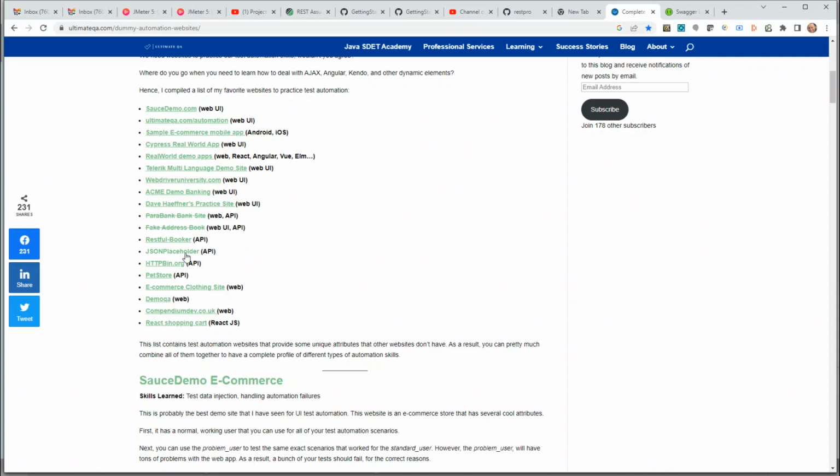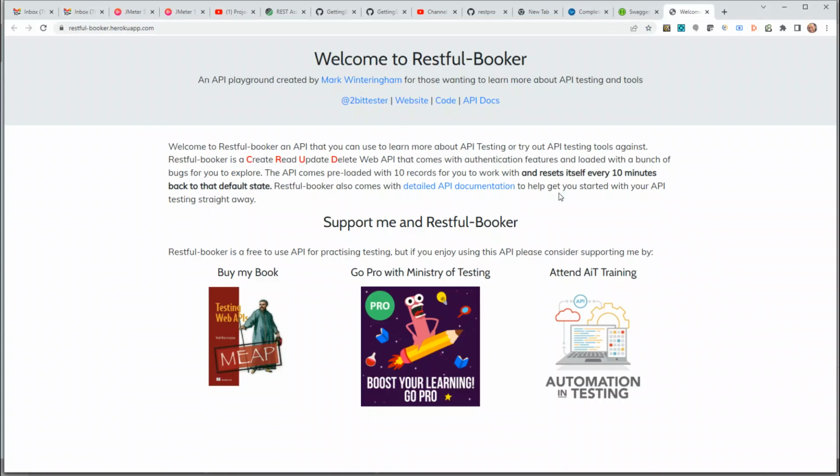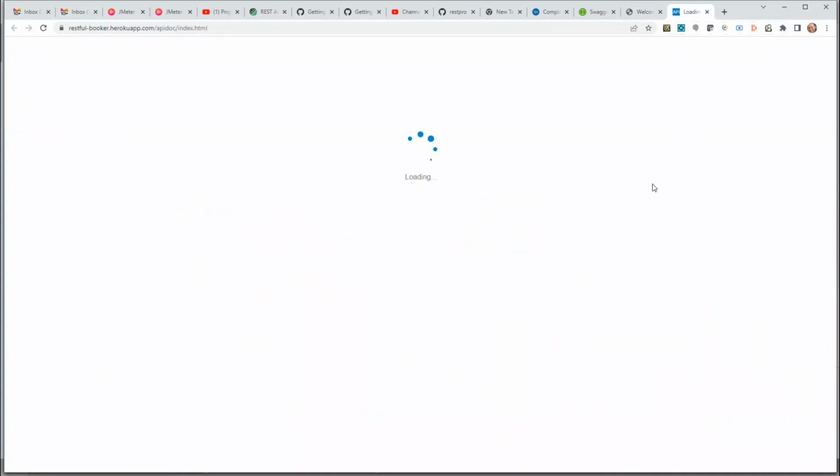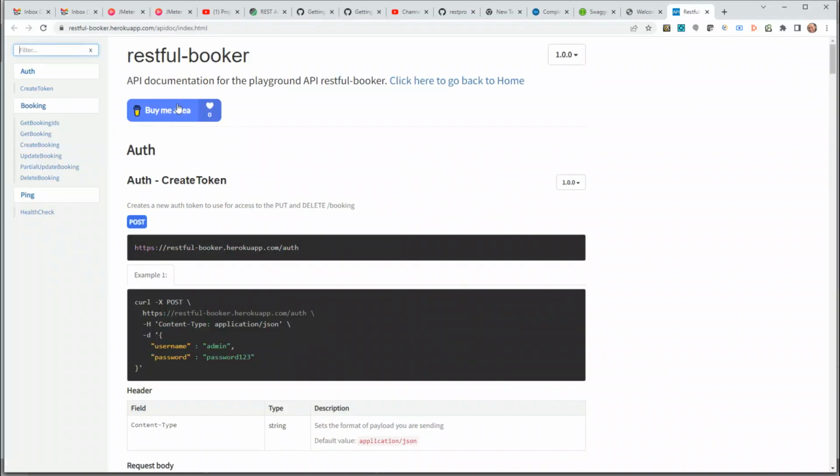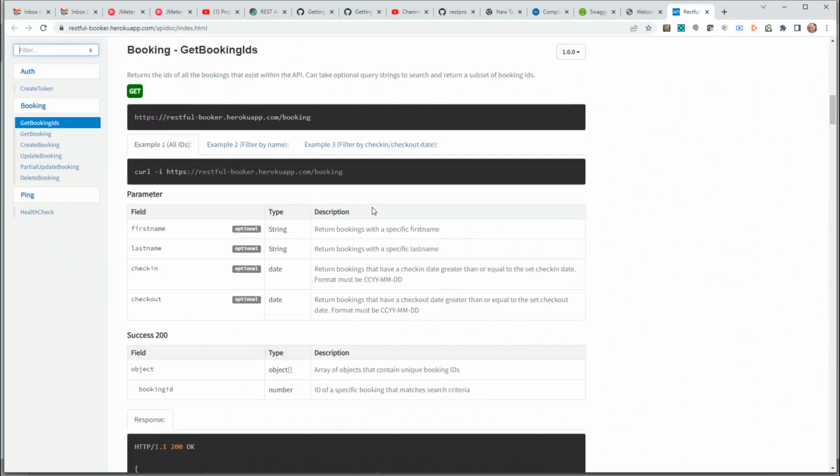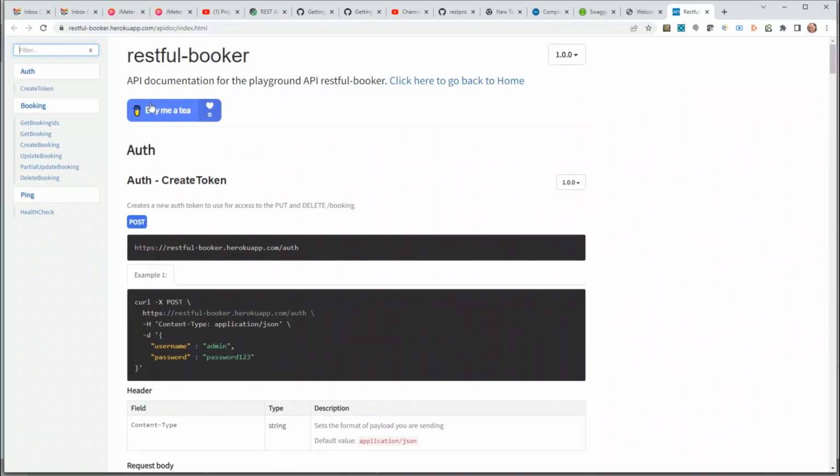One of the examples that he mentions first is RESTful Booker. And what I did was I explored this API. For example, if you click on this API documentation, what I found was it was just a one-page documentation where it explains how you can not only use this API for testing GET, POST, PUT, PATCH, and